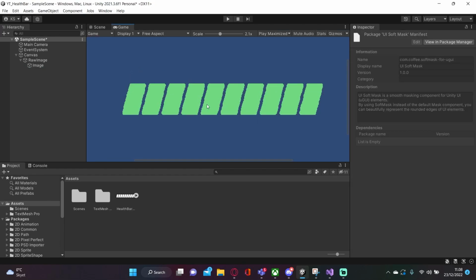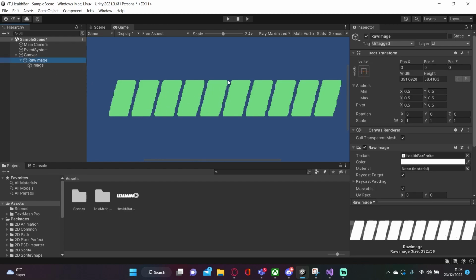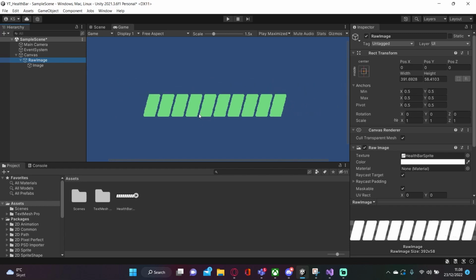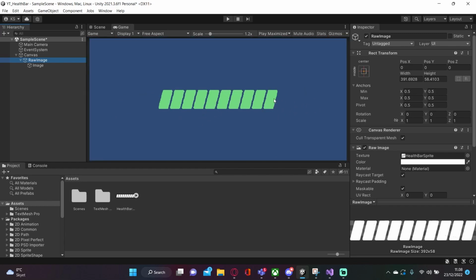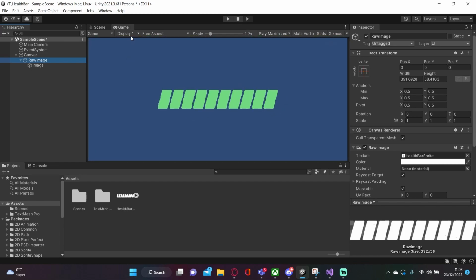Okay, so what you can see is that the mask here doesn't look very even, and that's because the mask doesn't take the alpha channel into perspective, so it looks kind of scratchy. Well, the way we can fix this, there does exist a library someone made called a soft mask, and